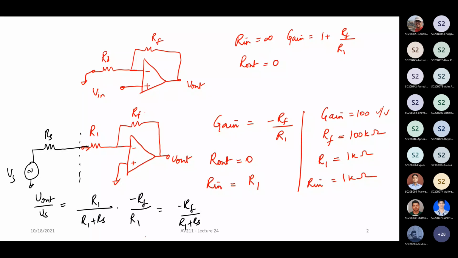In fact, what you're going to get is that the gain is going to become significantly lower because of the low input impedance, whereas that problem is not there in the non-inverting case. So here, it doesn't matter even if you have a pretty poor source, right? Let's say this is Vs and this is Rs. Even if your Rs is in the order of some kilo ohms or tens of kilo ohms, it really doesn't matter because the input impedance of your non-inverting amplifier is infinite, right? Now, how to solve this problem?